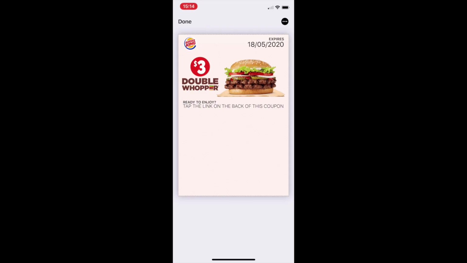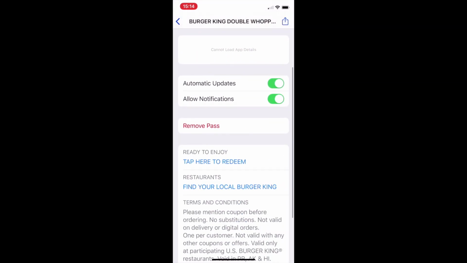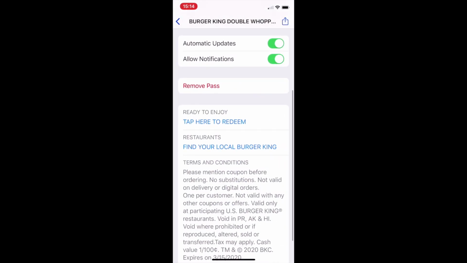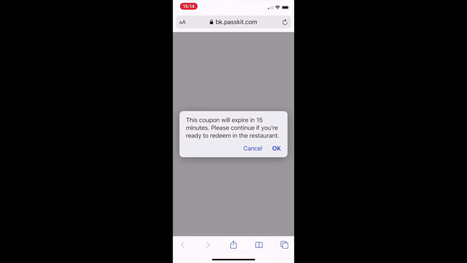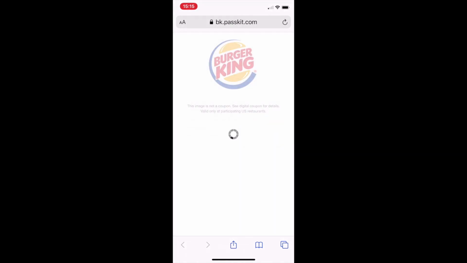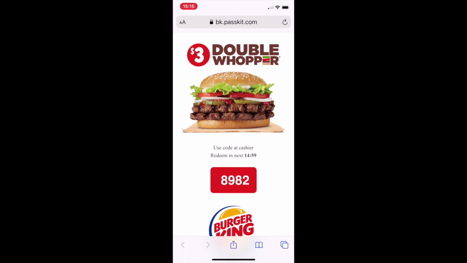So here's a coupon already installed in Apple Wallet. I'm going to click on the link, scroll down to tap on redeem here. And I'm just checking that I'm in the restaurant. I click on OK. Then I'm presented with the number to show the serving staff, which they can then enter into the point of